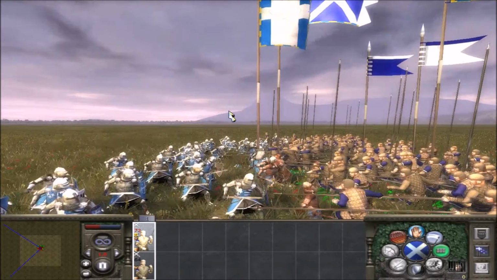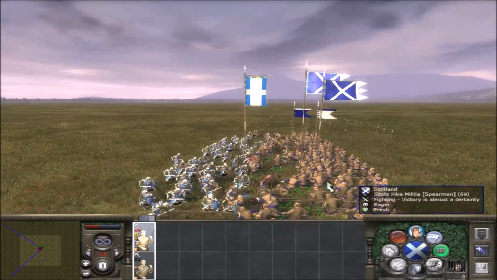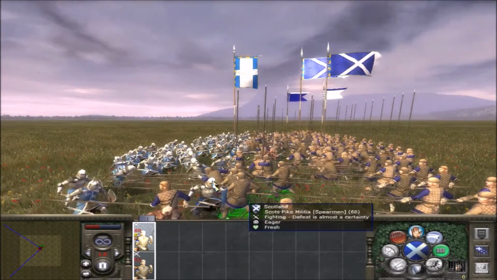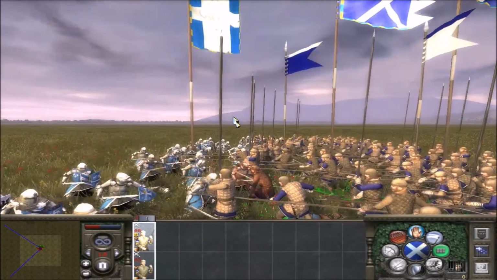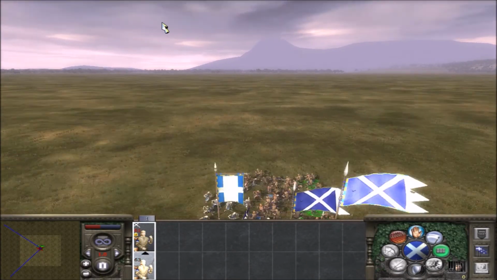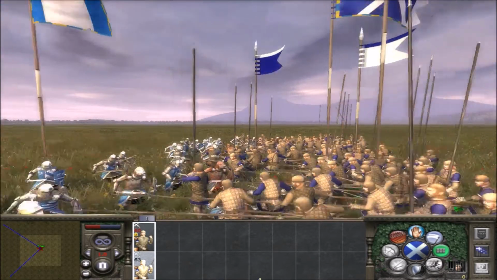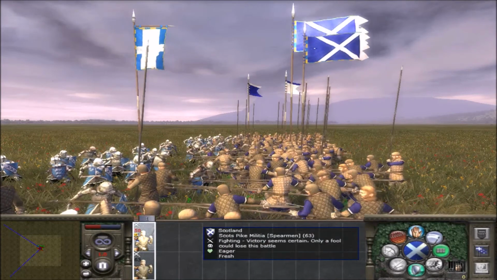But this is generally what happens. The pikemen push so far forward that they then get bugged and kind of a bit strung out. But as you can see, they are pushing quite deep into these Chivalric Knights. Let's put those guys in guard mode and see what happens when these guys push. So now the back row is going to push, and the front row is hopefully going to...